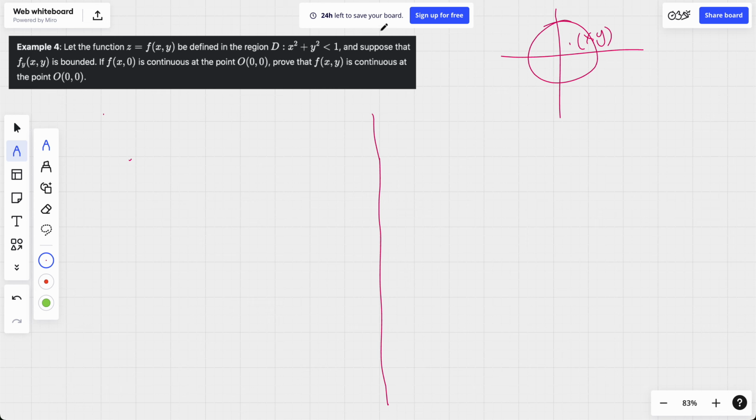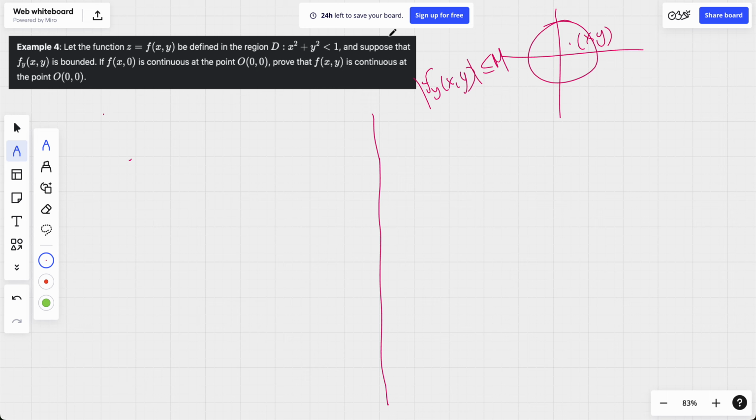And they also told us that the y partial derivative of this function is bounded. So that basically means that its absolute value is smaller than a positive value m for all x, y inside this domain. And they also told us this, and they want us to prove that it is continuous at the point (0, 0). So to prove, first, how do you prove that